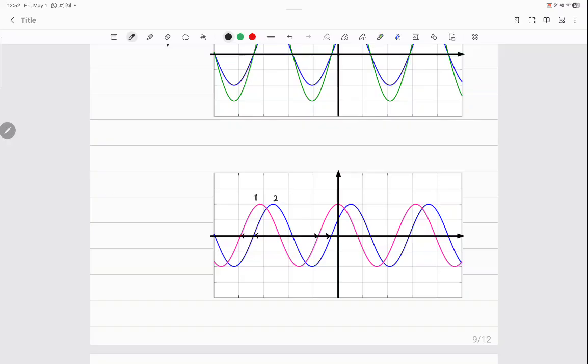Okay. I mean, it's not maybe that obvious, but what is the same between these two signals? The frequency and the amplitude. Same amplitude, same frequency. What is different? Different phase,